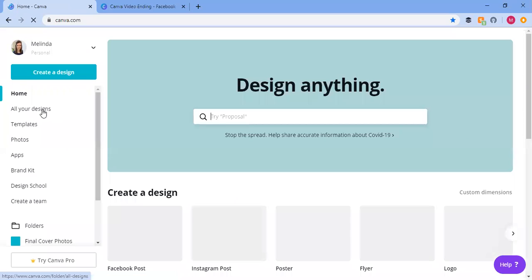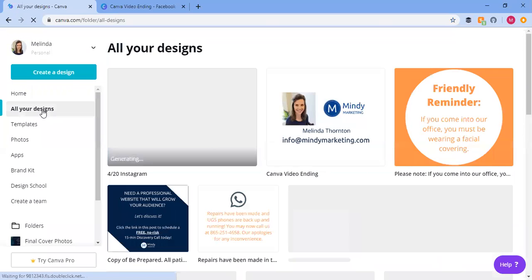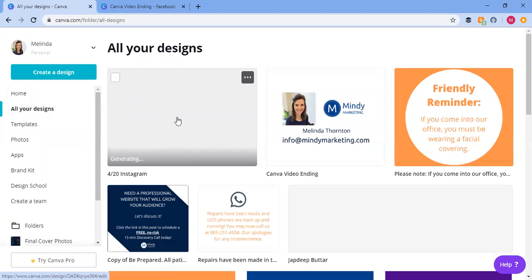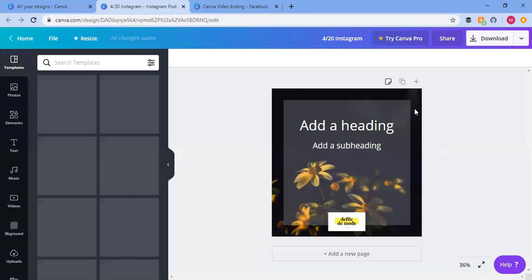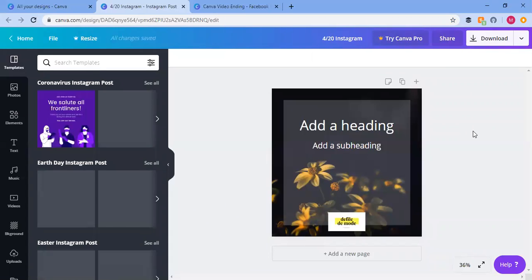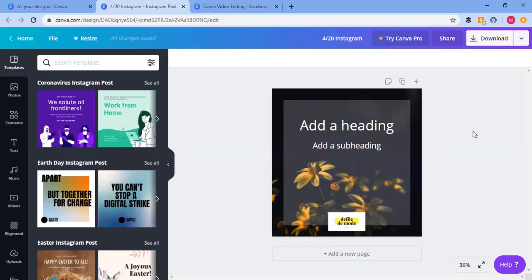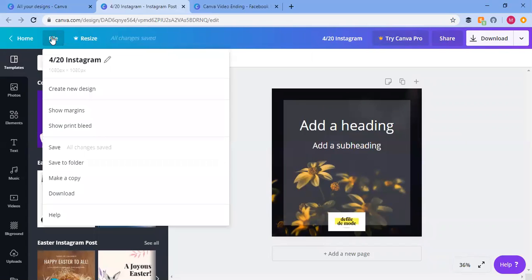So if you go to all your designs, it's going to come up right here. It's generating it because we just created it, but I'm going to click it, and you can see it's going to take me right back to the post that I just created. So you'll have a little library there of posts that you can choose from, and you can just go and grab those, and then once you're in, all you have to do is go to File, and then go to Make a Copy,